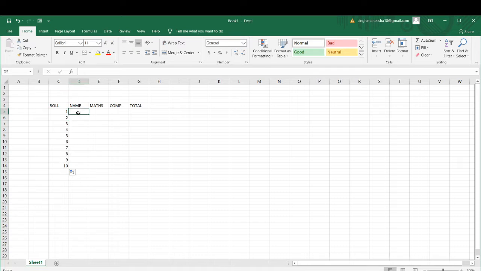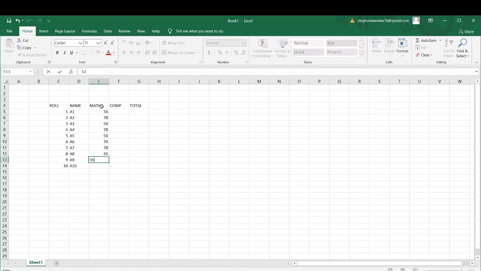Now the name may be A1, then A2, and then again I will give different names. Maths marks, out of 100, the max marks I am going to give. See, your ma'am is giving very less marks. What is this, children? Is there anyone who will score full marks?